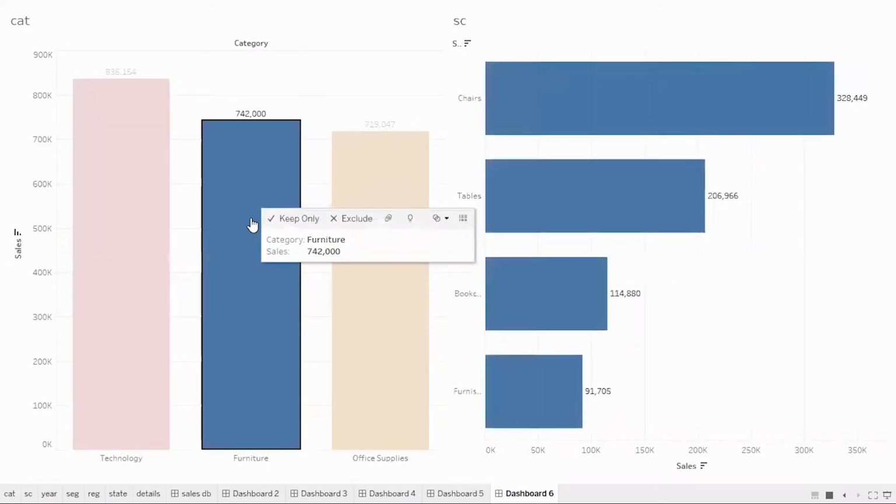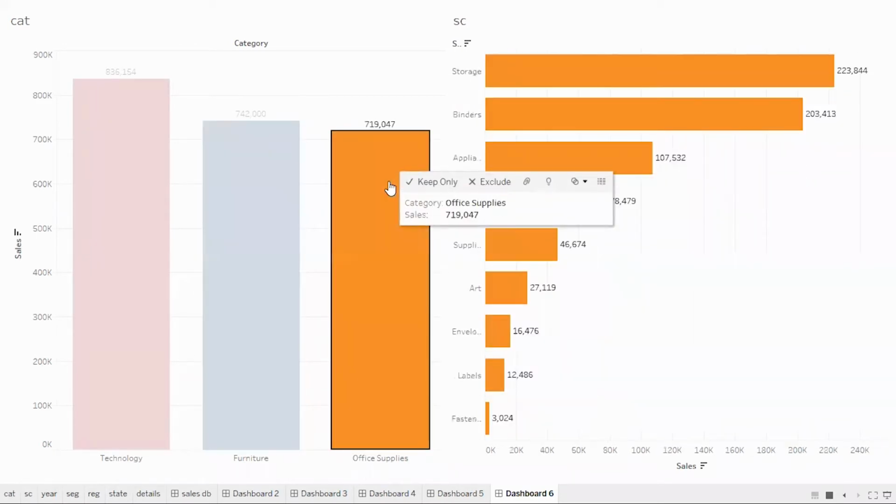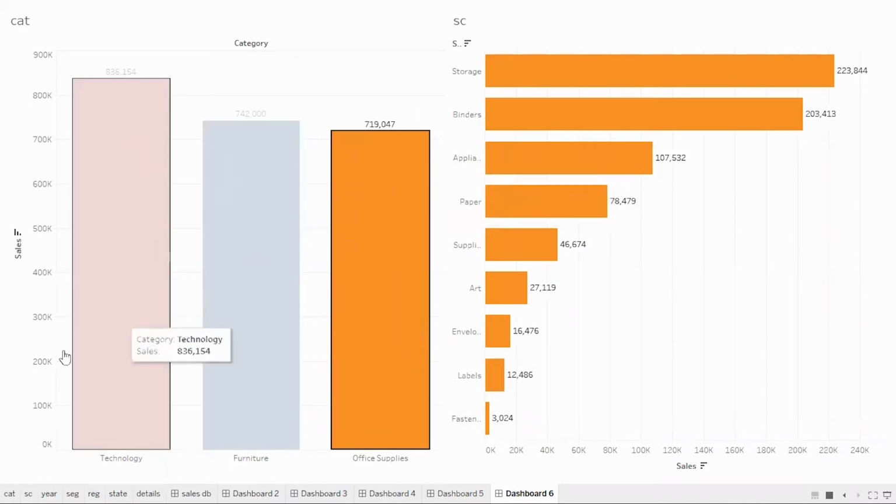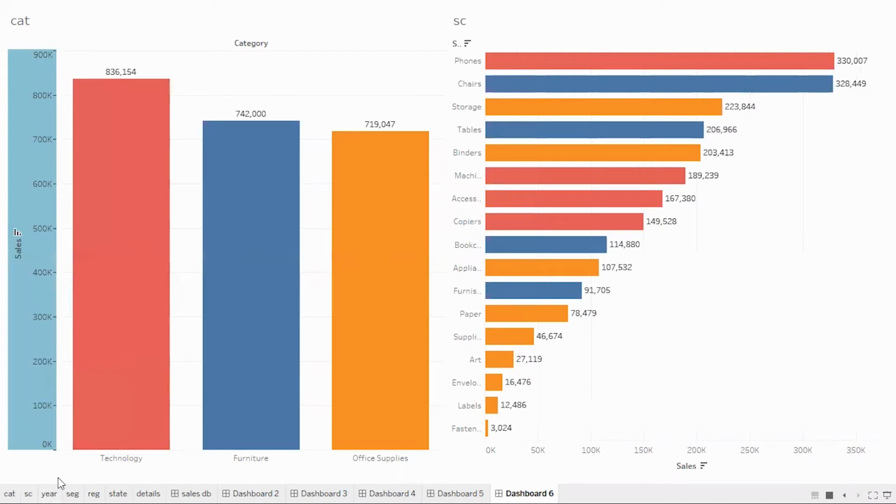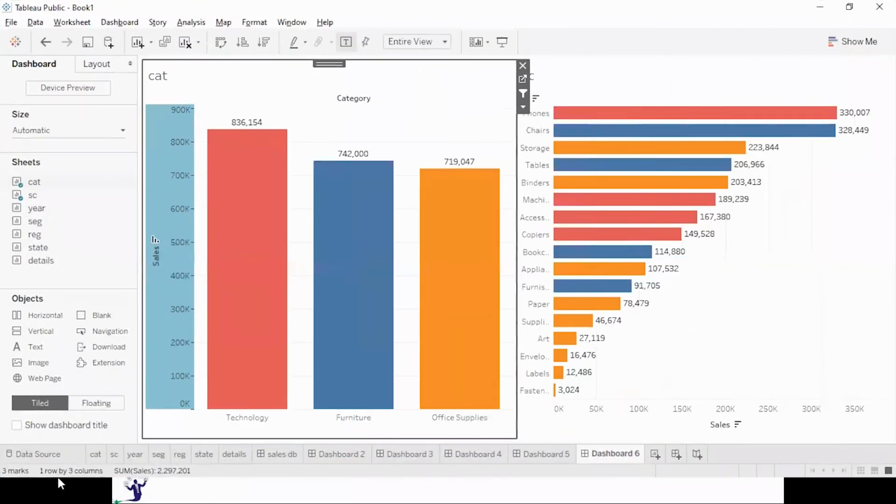If we talk about furniture, the contribution of the chair is maximum in furniture, and in office supplies storage has generated the maximum sales, right? So see, your visual is going with your words. That is more interactive, more dynamic, more impactful. Correct? Right. So that is action filter.